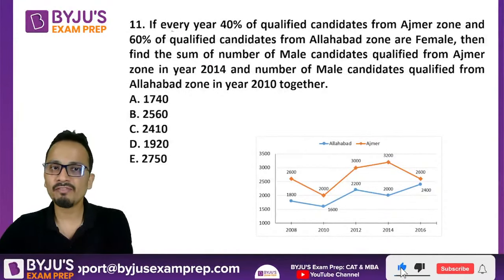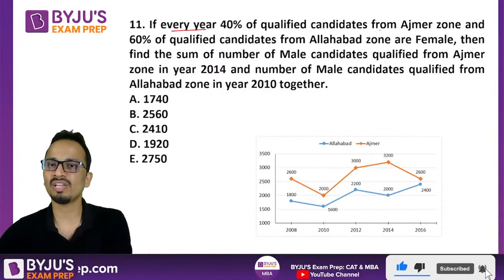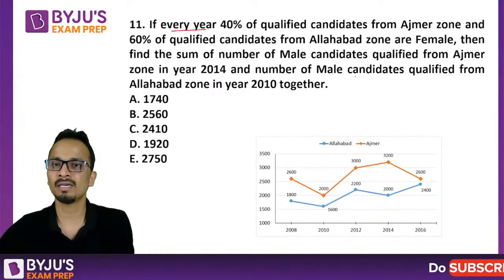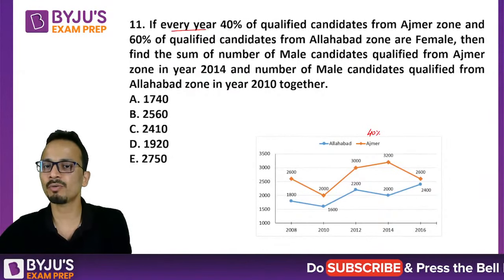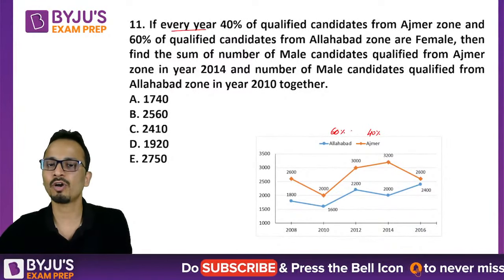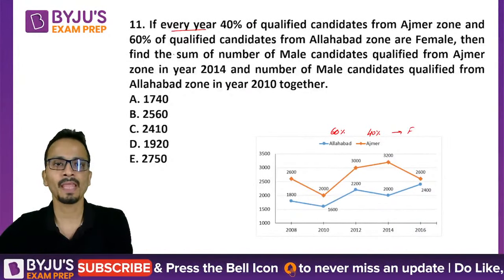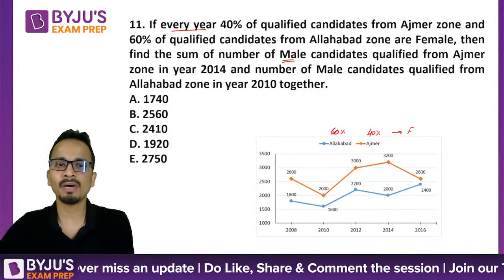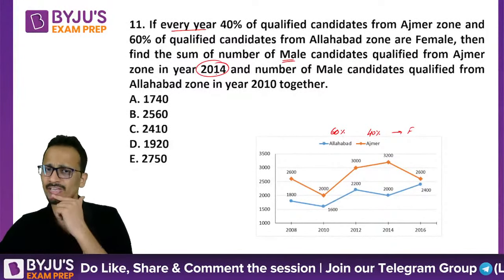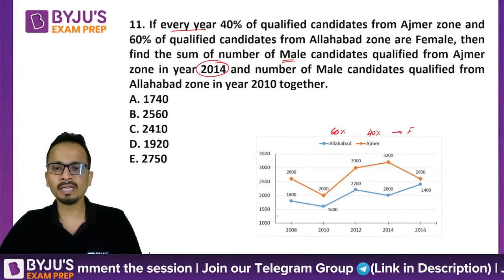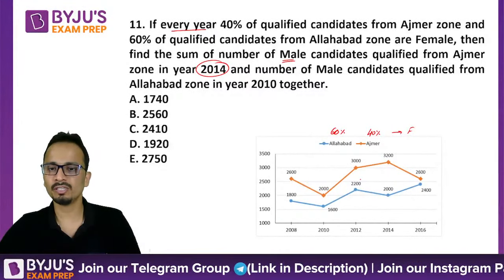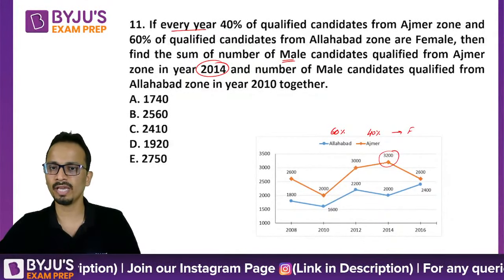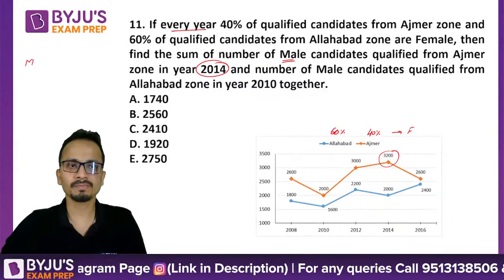So the question says that in every year, 40% of qualified candidates from Ajmer and 60% from Allahabad are females. Then find the sum of the number of male candidates qualified from Ajmer in 2014. So we have to find out male candidates in Ajmer in 2014. The total candidates in 2014 is 3200 from Ajmer. So male candidates will be